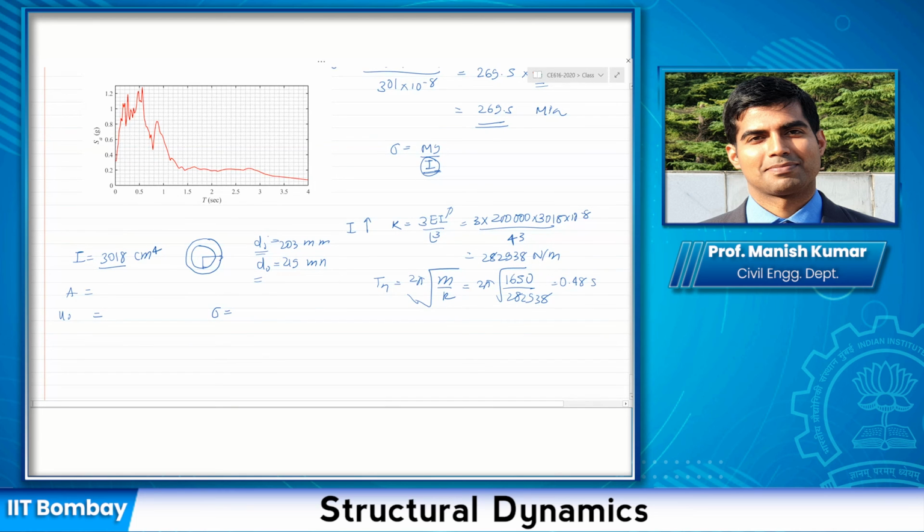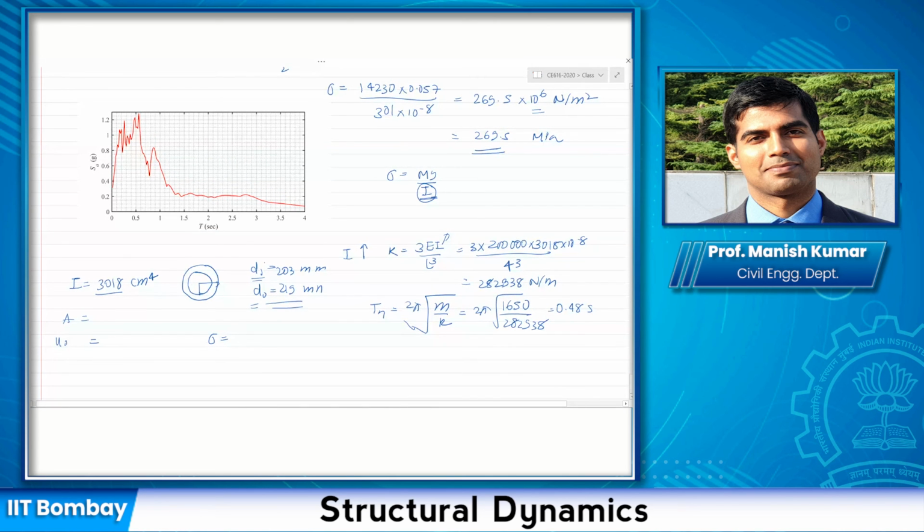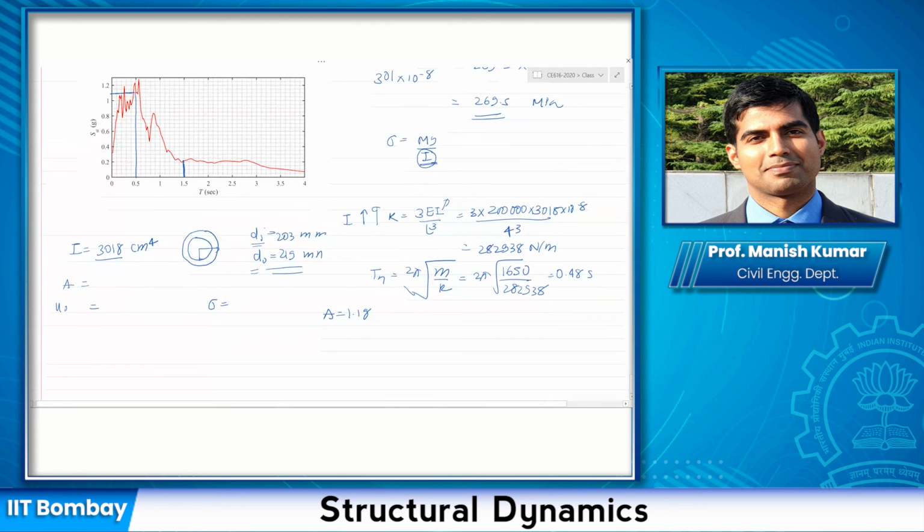Once the time period is known, see what happens. You increase the diameter, my moment of inertia went up, and my time period actually reduced because the structure becomes stiffer. So now I'm going from this, which was originally around 1.5, to a stiffer zone here, somewhere around here. Let us say this is around this point, and at this point I get my pseudo acceleration as 1.1 g. Is it 1.1 g? Yes, around 1.1 g, right?